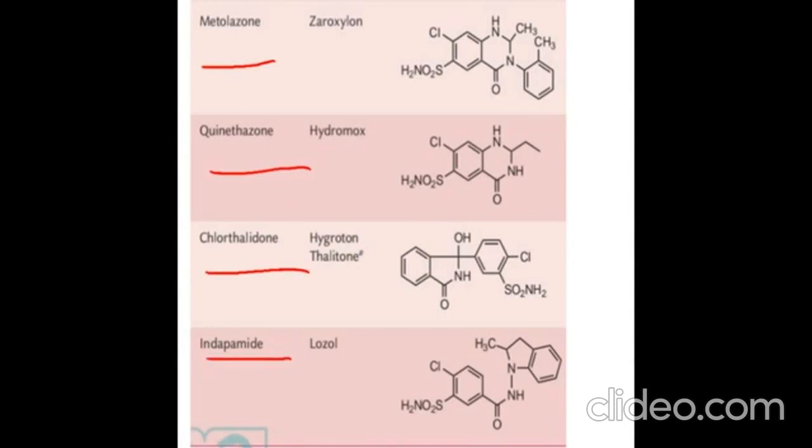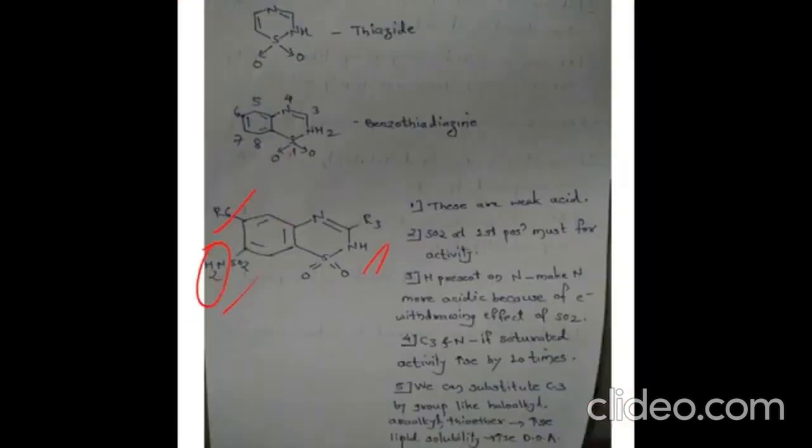These come under thiazide diuretics, but they are benzothiazine-like derivatives. They are not the thiazide or benzothiazine derivatives. They are like derivatives as they consist of a sulfamyl moiety, they consist of the benzene ring, they consist of the halogen. So they are a similar kind of structure which comes under these groups. Okay, so SAR: first position, SO2 group must be present, it cannot be replaced.